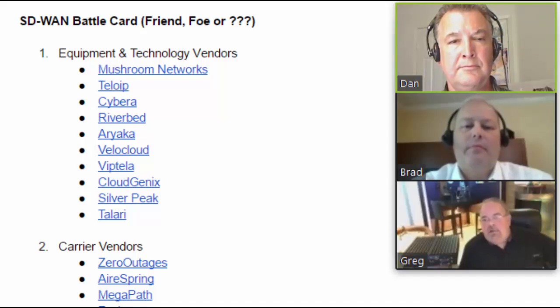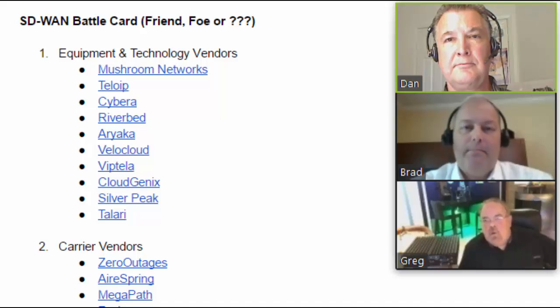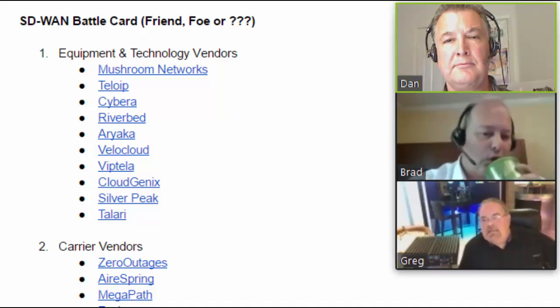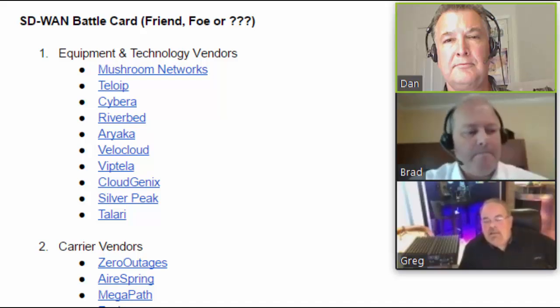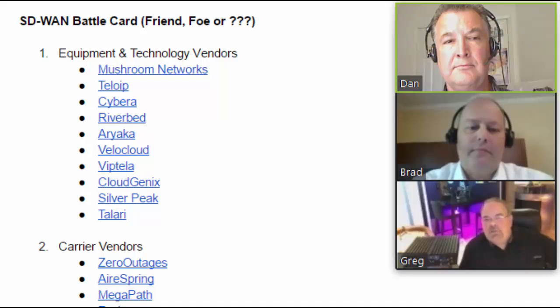Now, then the carrier component, yes, the carriers provide circuits and they provide their version of SD-WAN among equipment that they've selected and standardized on. So, you know, they're two sides of the same coin. It's the circuits that you're going to plug into the SD-WAN box, and that box, the technology and things that it does. And they do the same thing for the most part, but many of them have